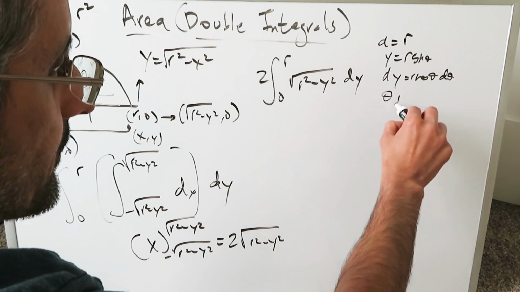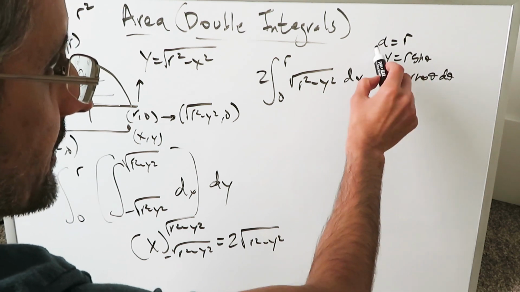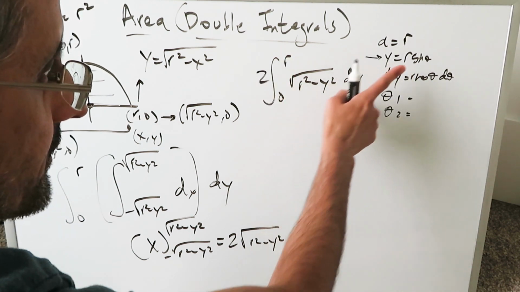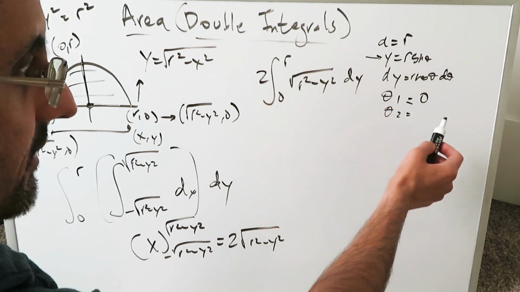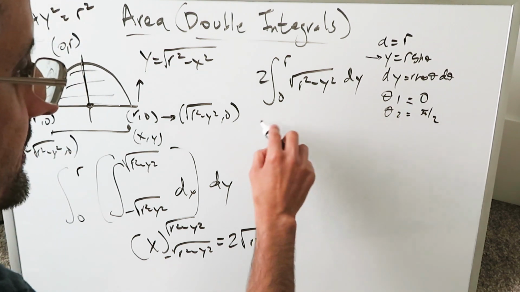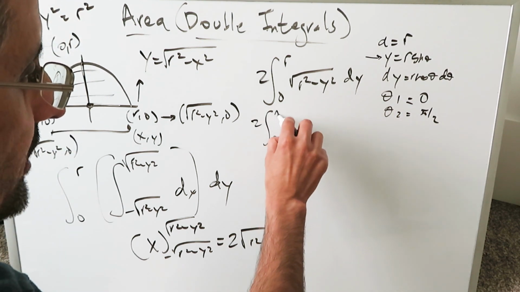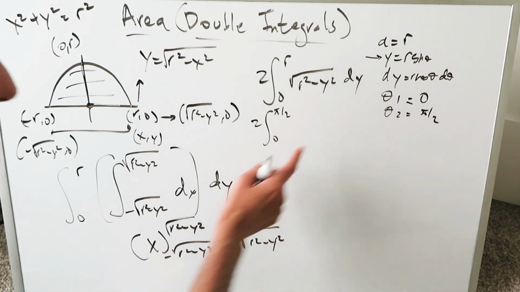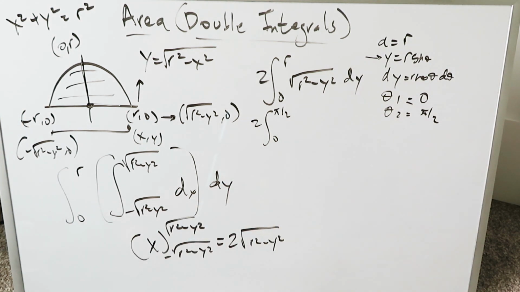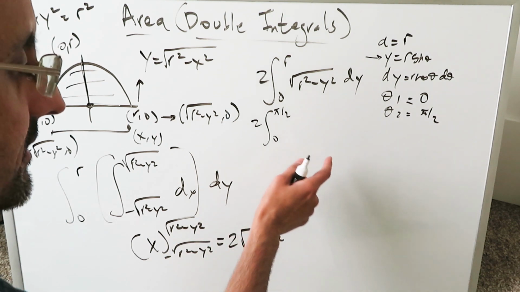New integrals, theta 1 and theta 2, everything with respect to this, and 0 and r. 0 coming in there, you're going to get a 0. R coming in here, you'll have an arc sine of 1, which is pi over 2. Suddenly you've got this 0 to pi over 2, and you've seen this come up. It's very common, coming in always with regards to integration of circular items, unit circle and all of that, it